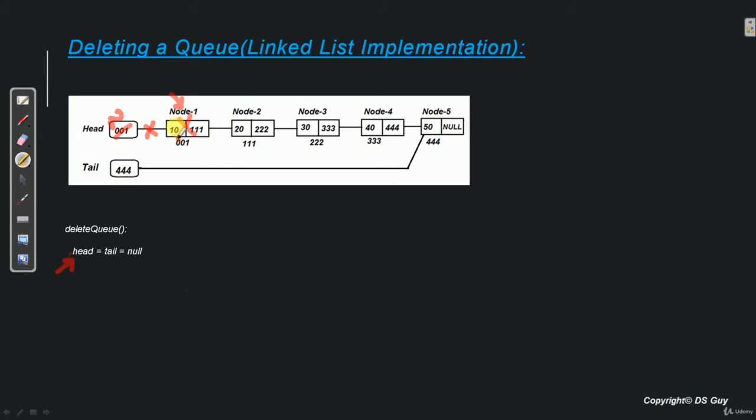Similarly, once this node 1 is deleted, nobody is pointing to node 2. So this can also be deleted by garbage collector. Similarly, node 3, after node 2 is deleted, nobody is pointing to it. So garbage collector deletes this also. Similarly, the rest of the nodes. Now in case of the last node, the case is a little different because it is pointed to by node 4 as well as del. So we also have to make sure that del also becomes null, so that node 5, this link and this link both get disconnected, and this can become eligible for garbage collection.